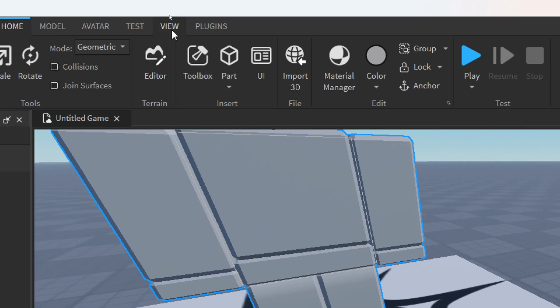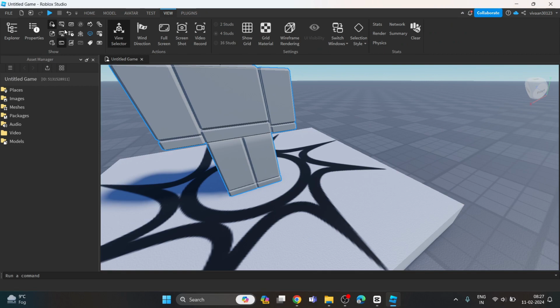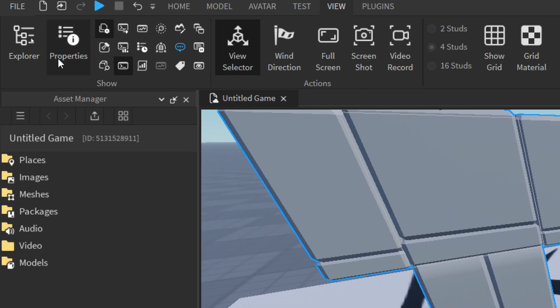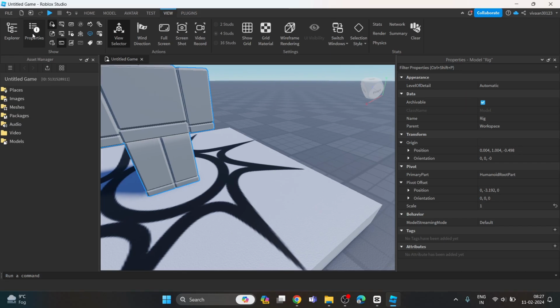First of all, you have to select the item that you want to see the properties of, and just click on this View from the top. And here you can find both options, Explorer and Properties. Click on Open Properties to open properties of your rig file,